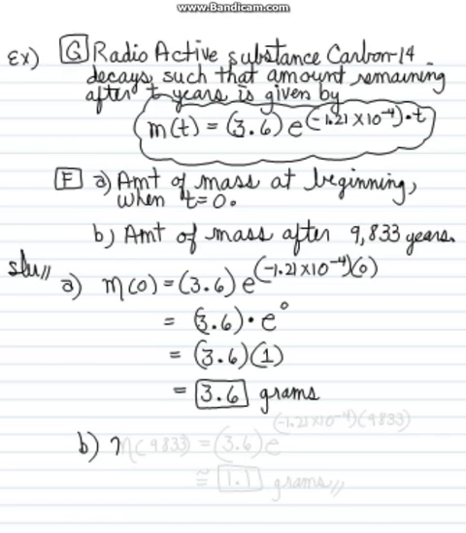We take the same formula and we let T, time, equal 9,833 years. So that's equal to 3.6 times the natural number e raised to the negative 1.21 times 10 to the negative 4 times 9,833. Run this through your calculator, and that gives us, now remember, we started with 3.6 grams of this material